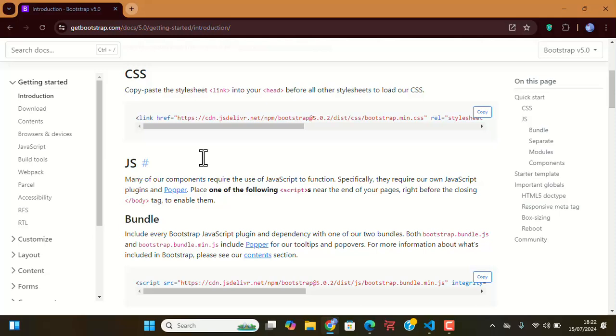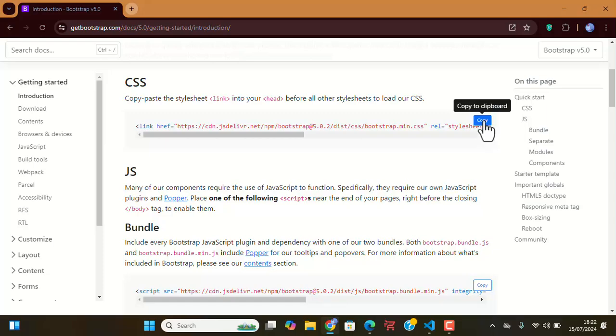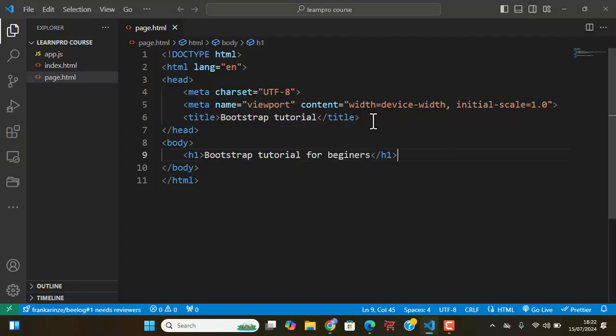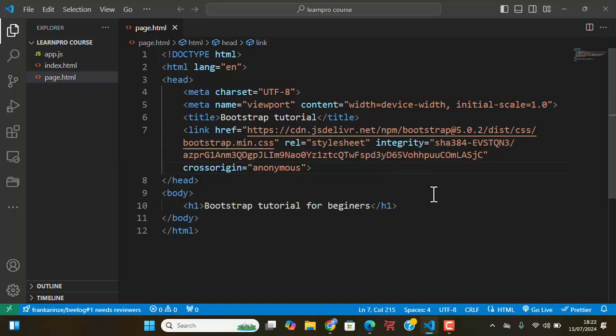There are so many ways you can install Bootstrap. The first method is by using the CDN. So this is the CDN. I can copy the CSS CDN, take it to my Visual Studio Code, my IDE, and paste it. Now, if I run my server, you are going to see that this comes up with